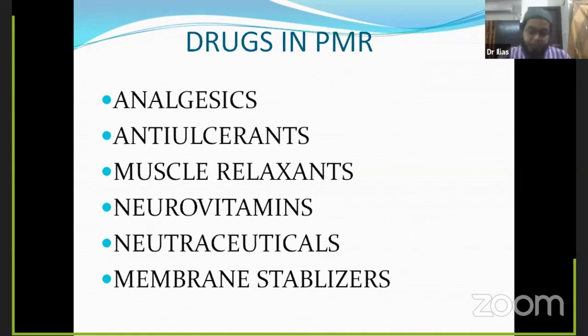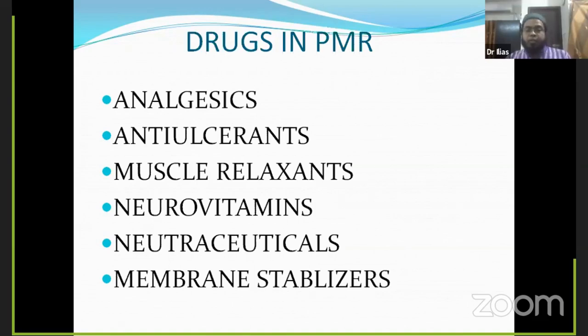And sometimes we prescribe hyaluronic acid. This hyaluronic acid is one of the components of the synovial fluid. And sometimes we prescribe undenatured type 2 collagen. These things are the nutraceuticals, and these are very helpful in preventing the early progression of degenerative joint diseases, especially osteoarthritis of the knee joint or osteoarthritis of any of the joints, or even in case of erosion in any kind of inflammatory arthropathy, we may prescribe this kind of nutraceuticals.